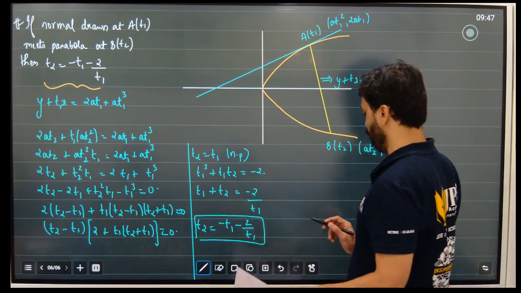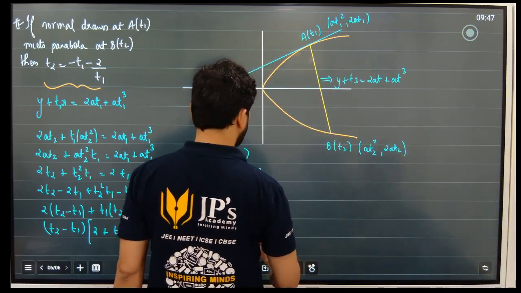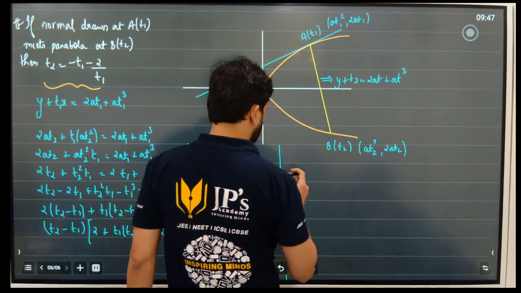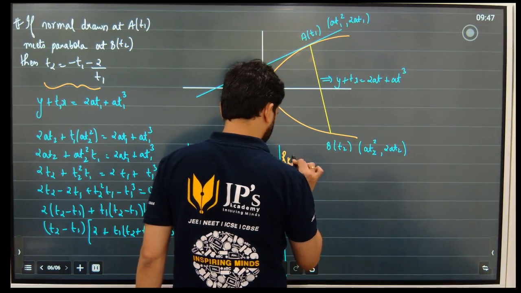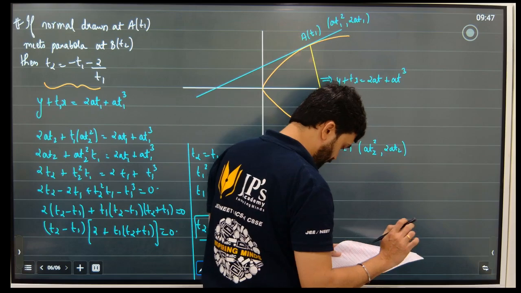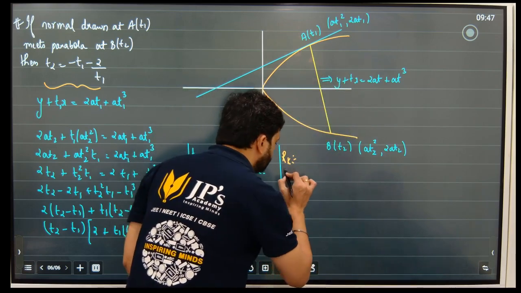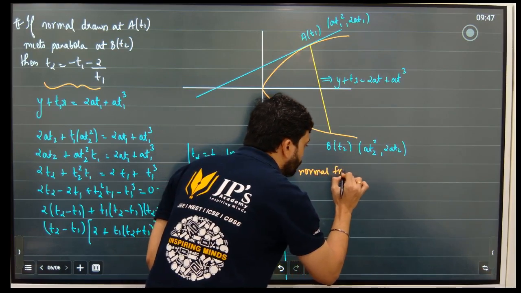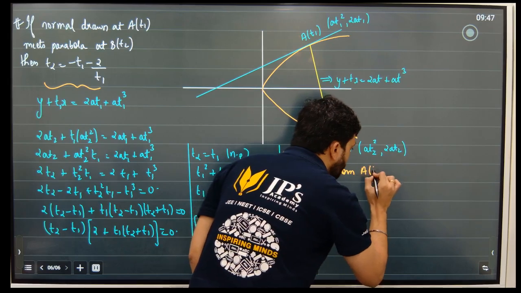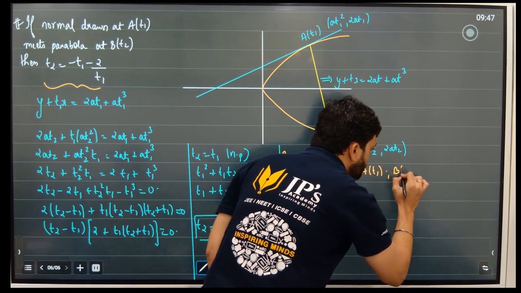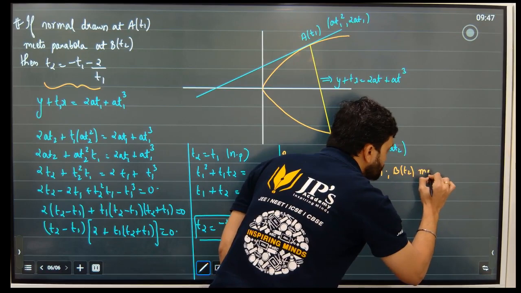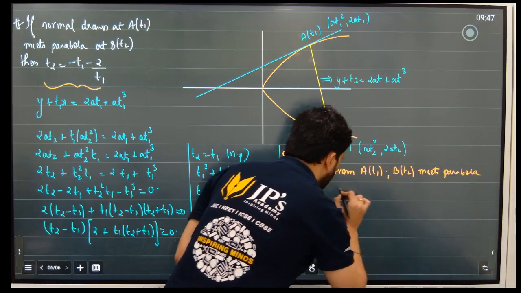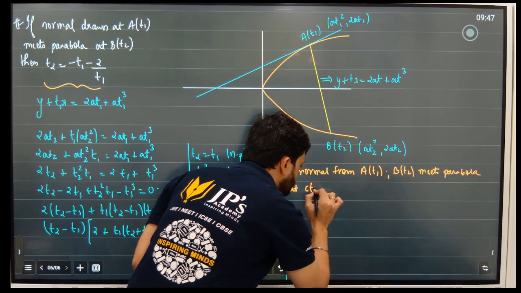Now from this, a very important remark comes. And the remark says this, 3 things that you have to understand. If normal from At1 and Bt2 meets the parabola at Ct3,